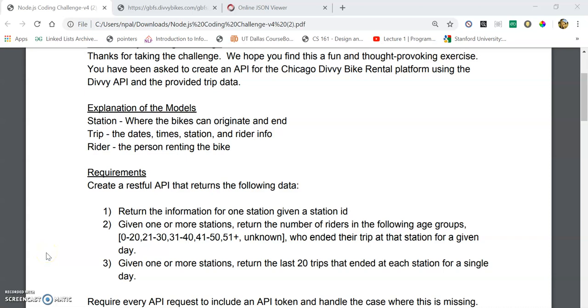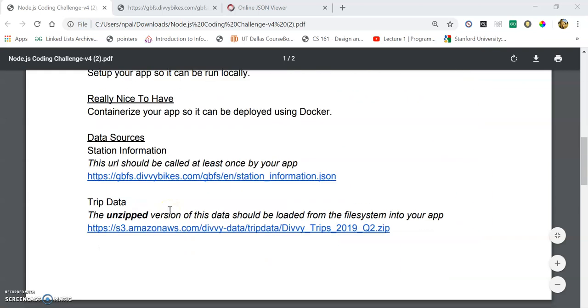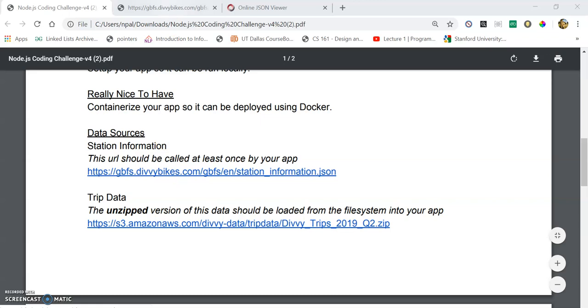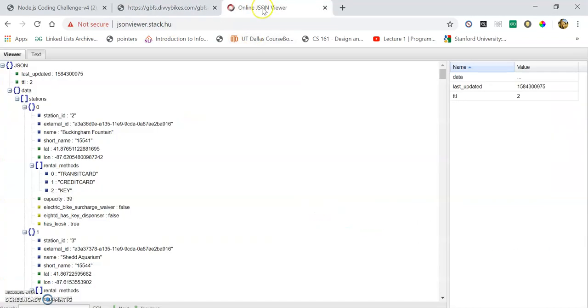So I was looking at this Node.js API challenge, which is basically asking to create a car rental, bike rental API using two data sources. One is another REST API, and another one is a CSV file, which I got information from here. If you click this link, it's a straightforward REST API. If you just beautify the JSON, it looks like station information is there: station ID, name, lat long, location,